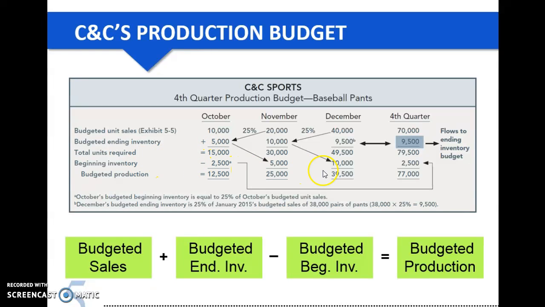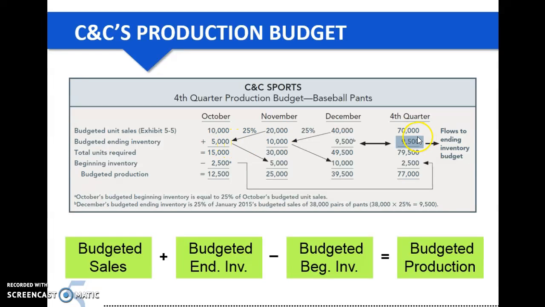Once we get the beginning inventory for all the months, we deduct the beginning inventory from the total units to arrive at the budgeted production. So this is the budgeted production for all the months, and this is the budgeted production for the full quarter, which is you add 12,500 with 25,000 and 39,500. However, note that